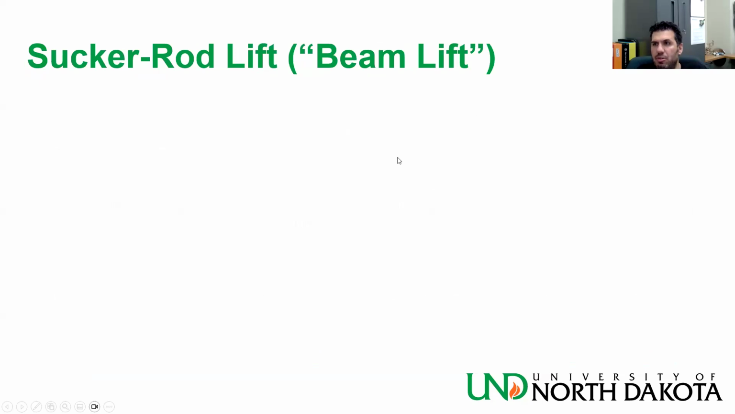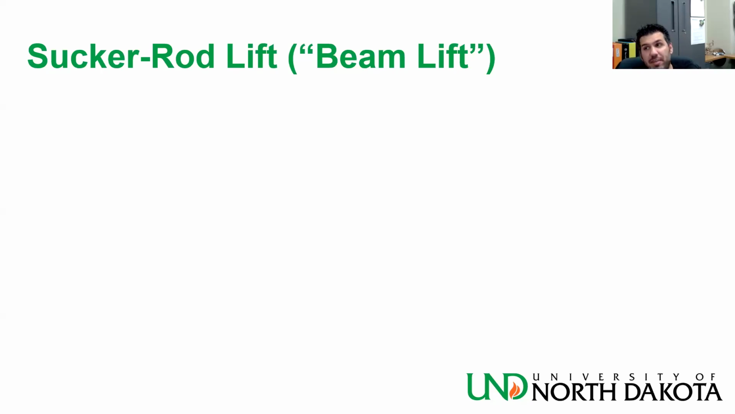Suction rod lift is the most common type of artificial lift. Now, its official name is suction rod lift. Some people call it beam lift. Most of the people call it the pump jack method. The thing is that the pump jack method name is not smart. It is not a correct one because you can achieve beam lift without a pump jack with a different kind of surface equipment, and